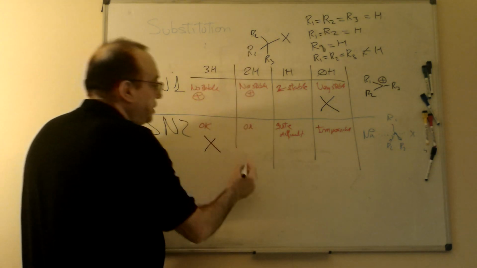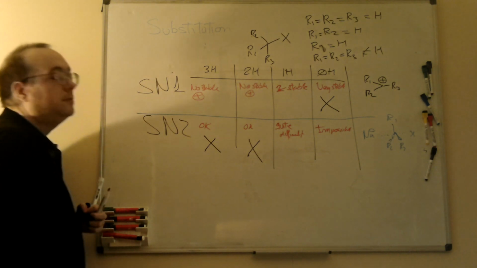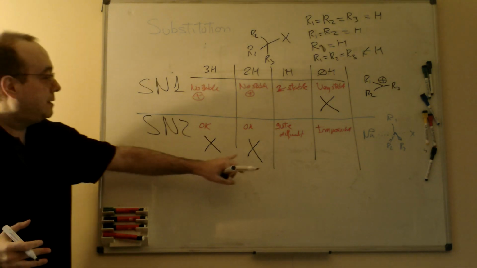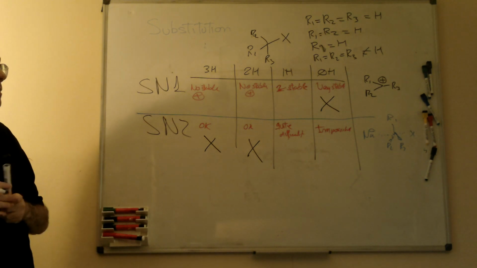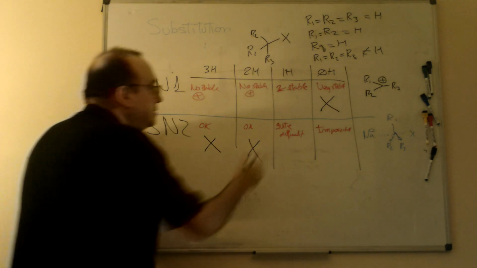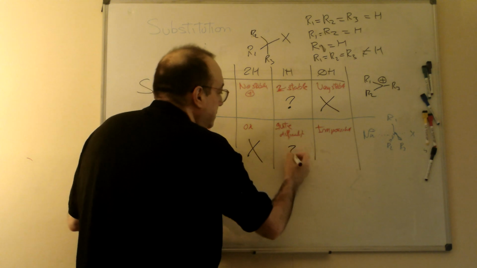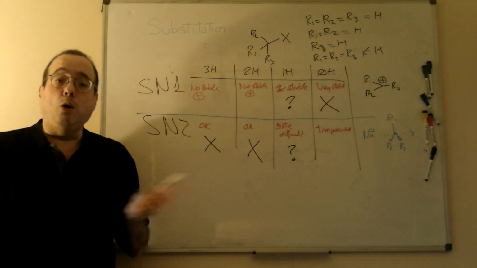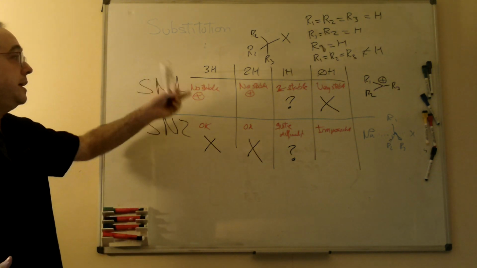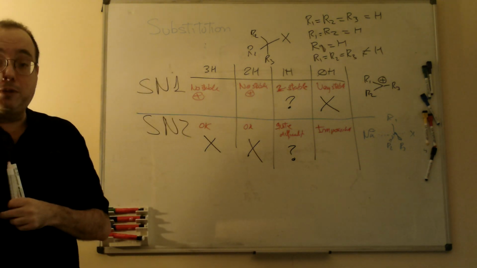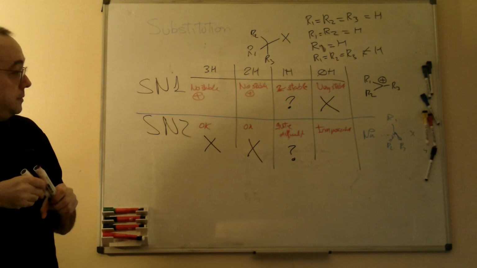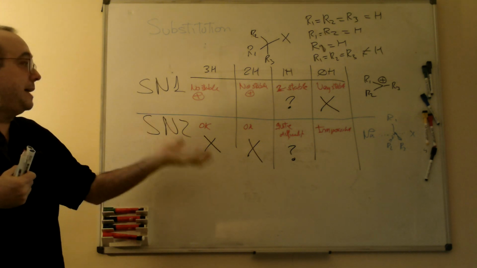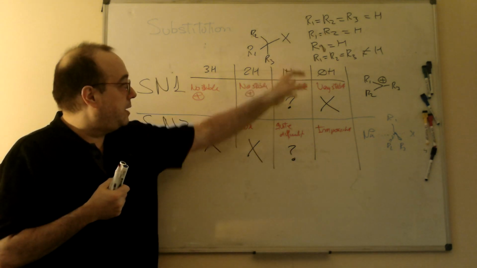If we have two hydrogens, in the major part of the cases, remember that there are always exceptions, it will be SN2. While when we have one hydrogen, we don't know. It could be SN1 or it could be SN2. There are points in favor of the SN1, and there are points in favor of the SN2. Okay? Remember that I will never ask, in the case of one hydrogen,